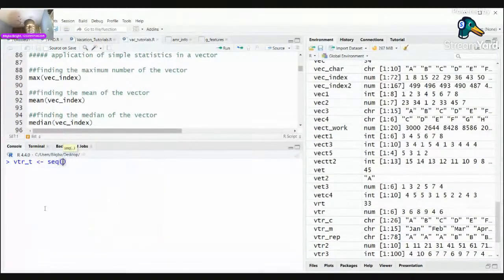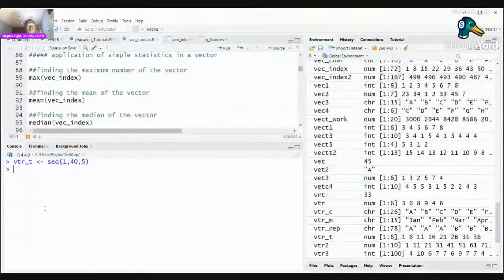I am sequencing from, let's say, 1 to 40, and then by 4. Or no, let's say by 5. I want to have it. And so we do that. So if I have vtr_t,